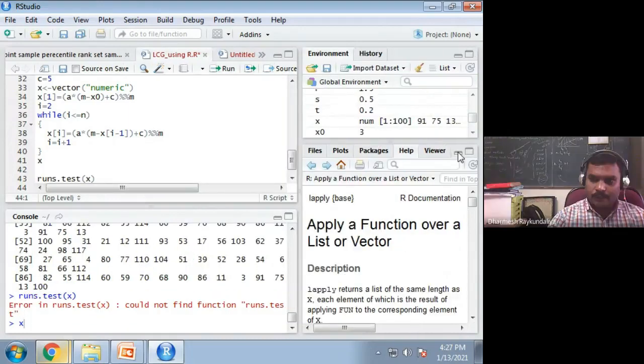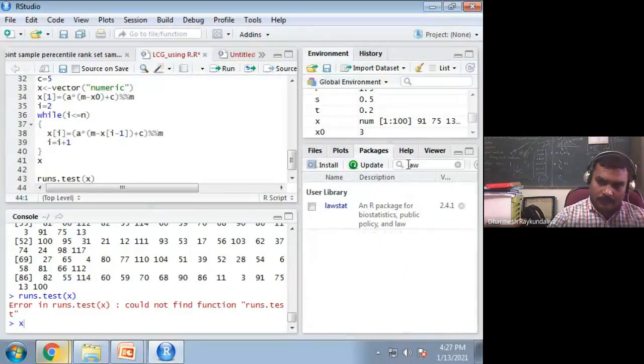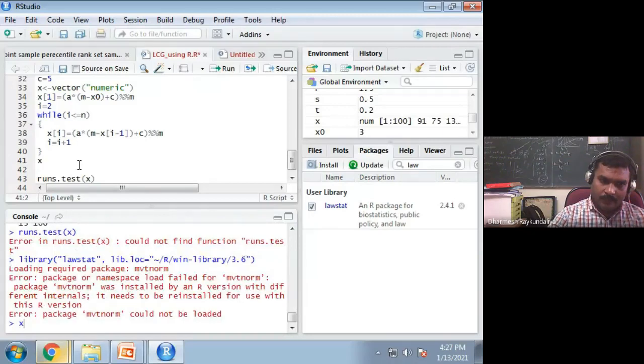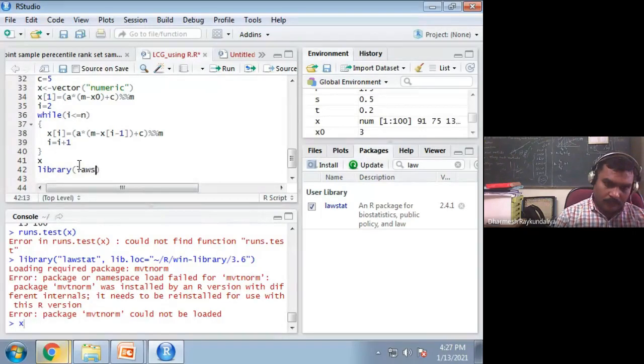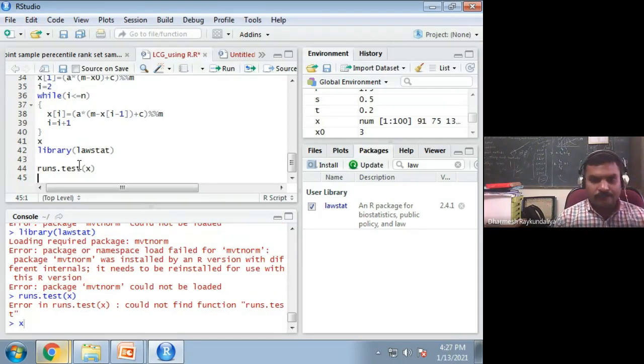So let us come to the package. There are several tests; I will look at the tests separately. So I use library lawstat and the runs test.